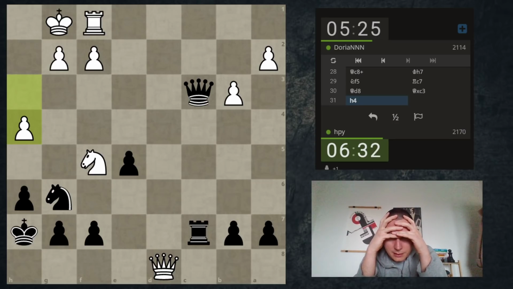But I can just play queen c7. I think that should be okay. Rook c8, queen d7, queen c7. He probably plays queen d3 there, and I play rook d1. I just need to prevent queen f8, because after h5 my knight has to move and queen f8 comes, so...